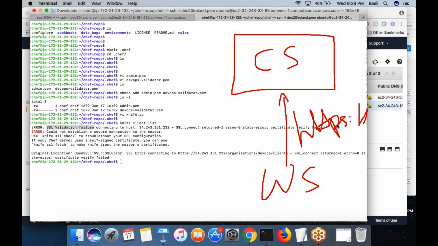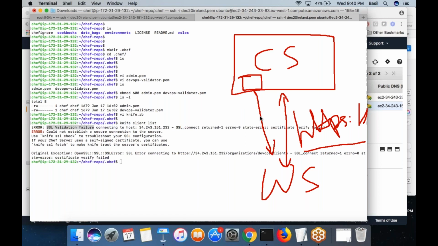You know that. And HTTPS is actually a secure protocol which uses some certificates for validation, right? Whatever connection or whatever data that workstation sends or receives from the chef server using HTTPS, they are actually encrypted by means of some keys. So what actually happens is, there is a certificate which is inside the chef server. Whenever the workstation tries to connect to the chef server using HTTPS, this certificate would be provided to the workstation.